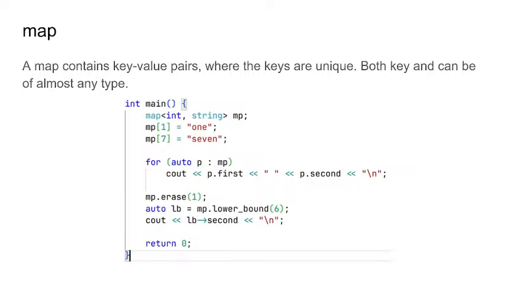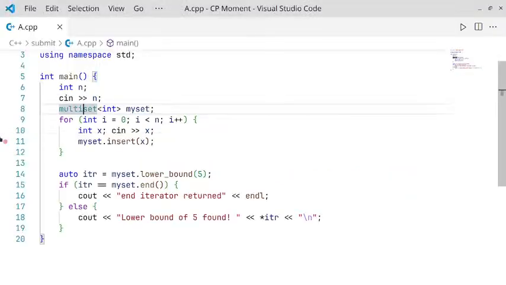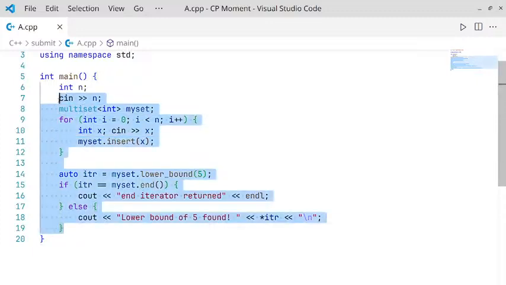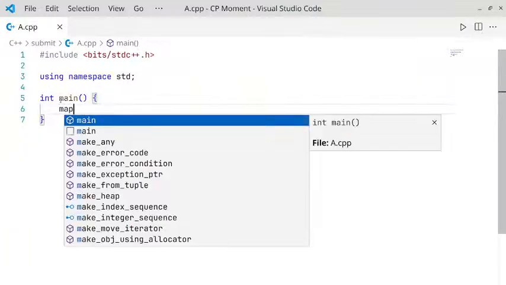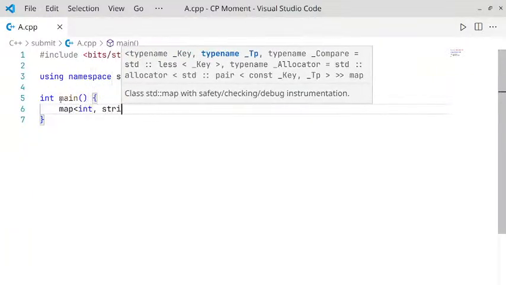Also, now let's say you just access mp[2]. You say if mp[2] equals something, do something. This is not right. Let's say before the for loop you wrote if mp[2] equals something, print something. But mp[2] did not exist, so it does not print anything. But now when you do the for loop,